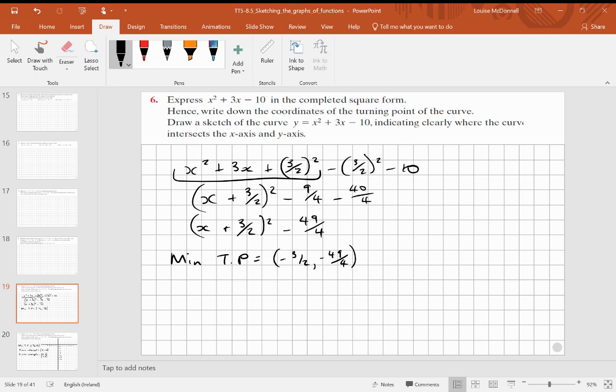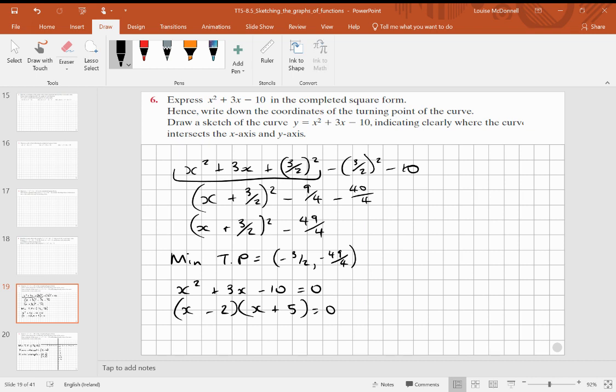You also have to draw the sketch of the curve, indicating clearly where the curve intersects the x-axis and y-axis. So where it intersects the x-axis, we let that expression equal 0, and we just solve it like a quadratic. So we have x squared plus 3x minus 10 equals 0. You want to factorize that. So we have x and x, 5 and 2, and it's going to be a plus 5 and a minus